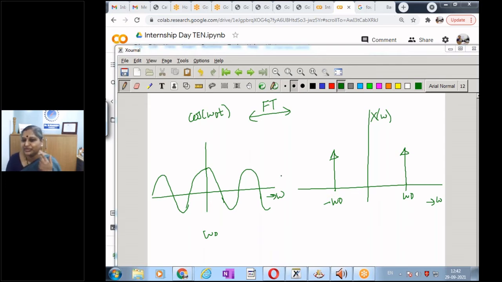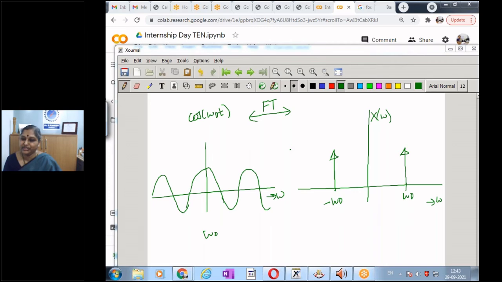One question is: Madam, you said Fourier transform is for non-periodic signals, but cos omega naught t is periodic. Why are we doing the Fourier transform? Directly you cannot do it. If you integrate cos omega naught t from minus infinity to infinity, the Dirichlet conditions will not be satisfied, and you will not be able to complete the integration. So we have to apply certain properties to get the result.